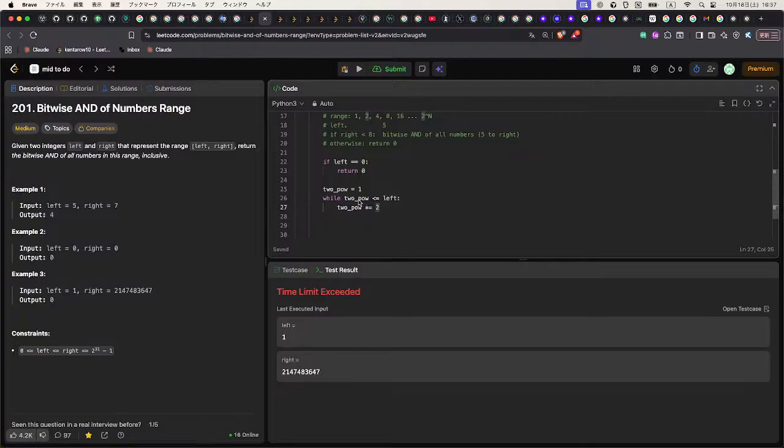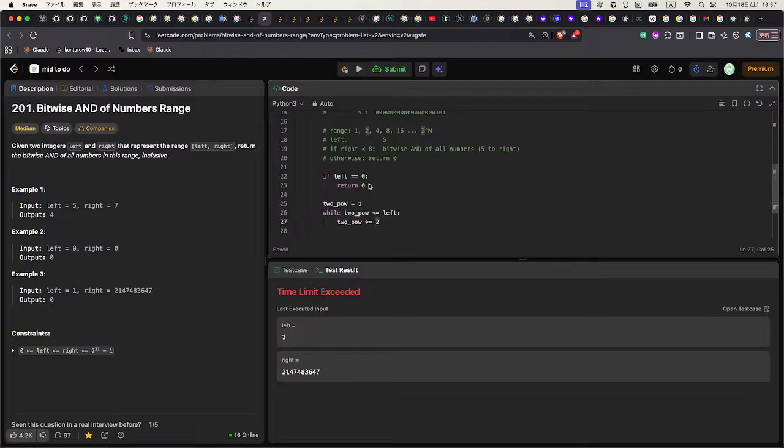And if 2 pole is more than left, we break it, and